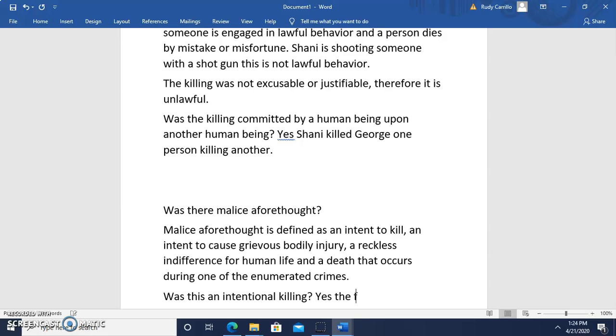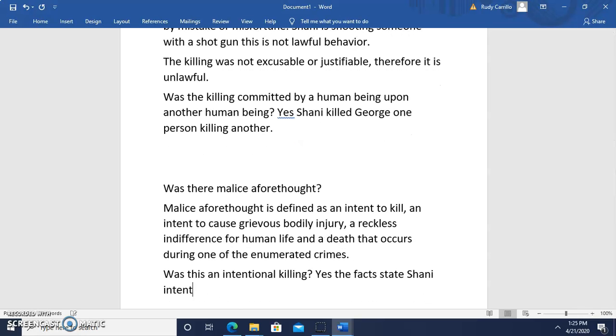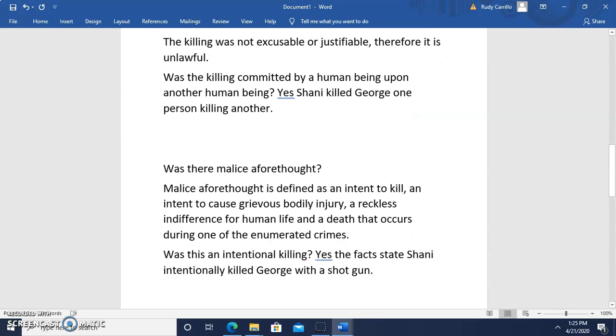Yes. The facts state Shane intentionally killed George with a shotgun. So clearly it's an intentional shooting. He's angry, but it's intentional. He did it out of anger, but we're not going to get to the anger part just yet. So we don't stop there. The next one is: